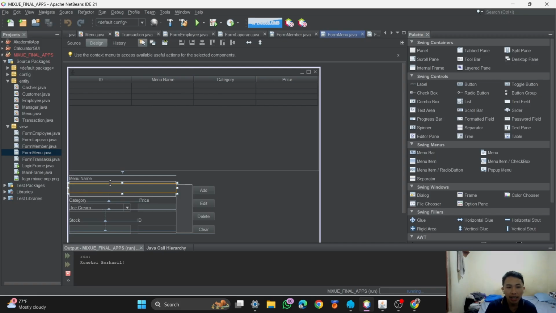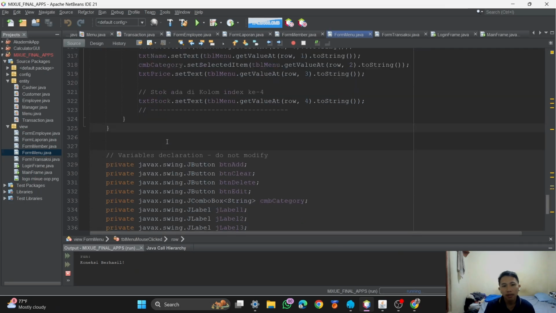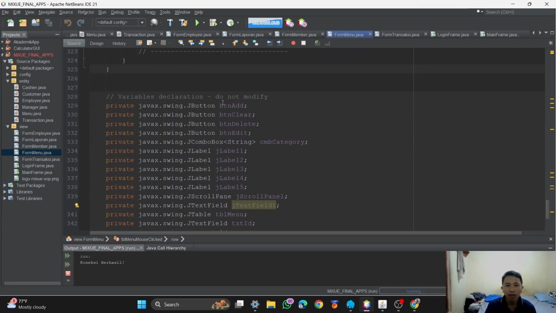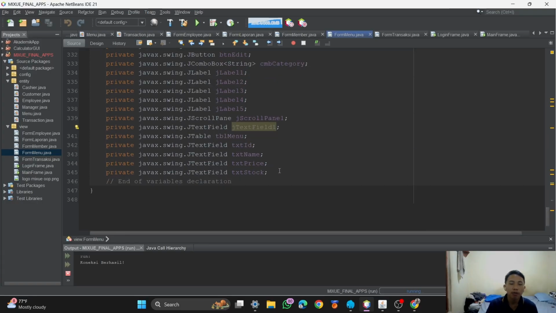It's automatically the same as the data we click on the table. Next is the variable, which is the UI from the Java.